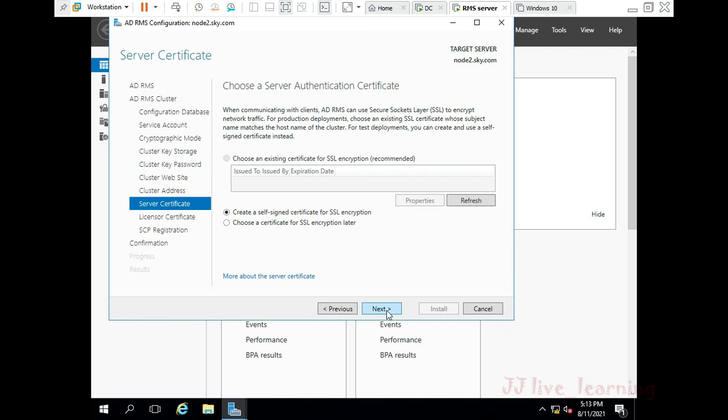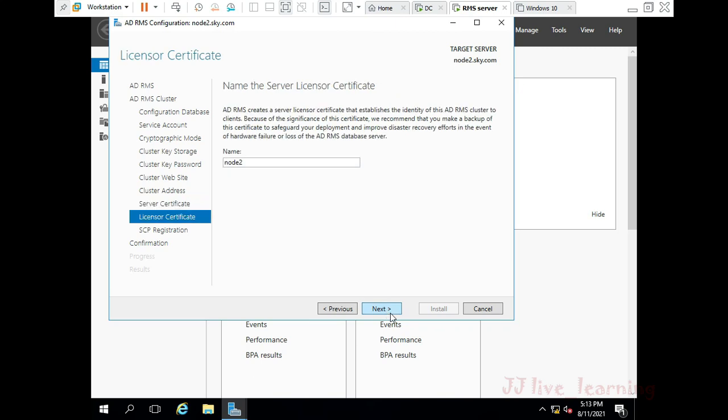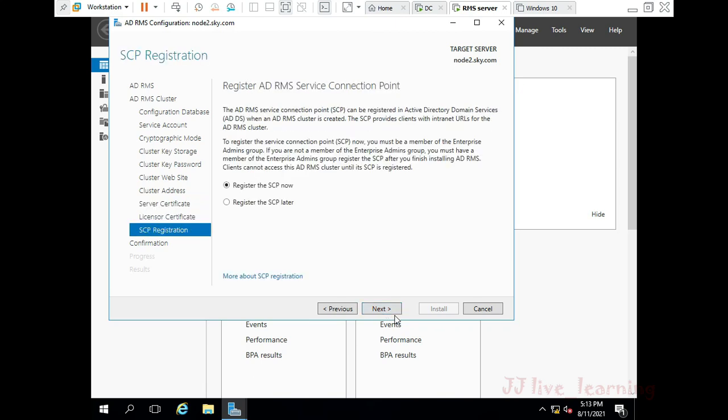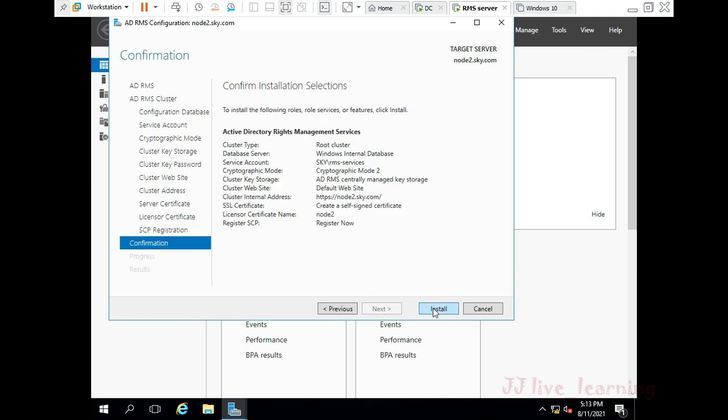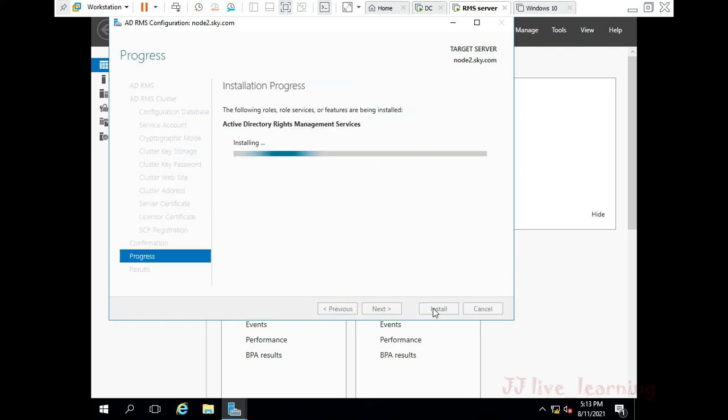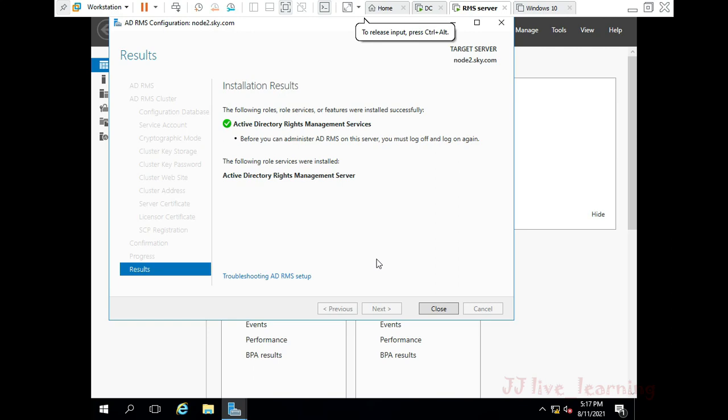We are going to create a new certificate here for your Node2 server. Now the configuration will be started. We successfully completed your configuration part.